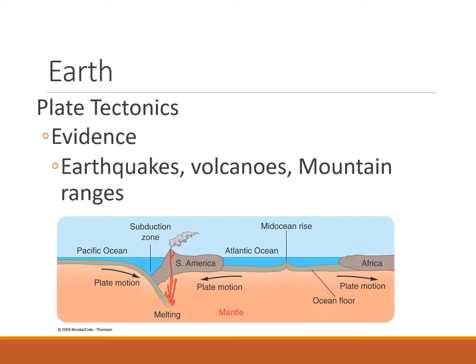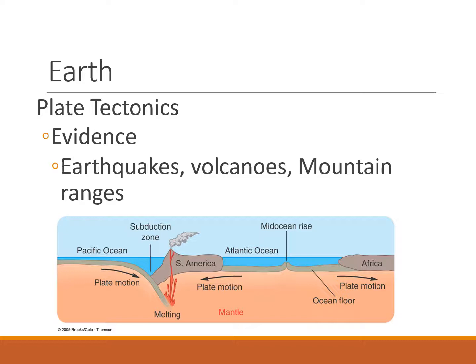Okay, so when two plates come together, one of those plates will slide under the other, and that's what we call a subduction zone. And when two plates are moving away from each other, that's going to form your mid-ocean ridge. So you can have a subduction zone, which is going to form your volcanoes,